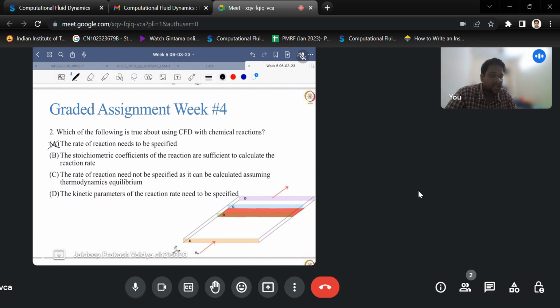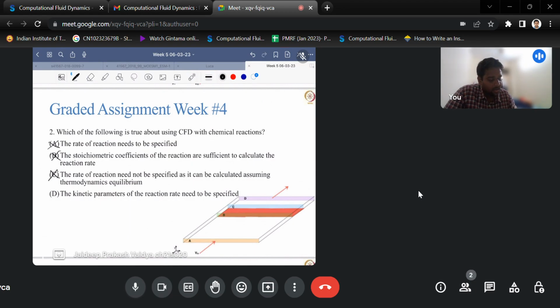If it is anything to do with a non-elementary reaction, the reaction rate cannot be determined by the stoichiometric coefficient, so that is also wrong. The rate of reaction need not be specified, but it can be calculated assuming thermodynamic equilibrium. That is also not true because the rate of reaction does vary with respect to position and time. So therefore, there is no thermodynamic equilibrium taking place over here since the reaction has to happen over the range